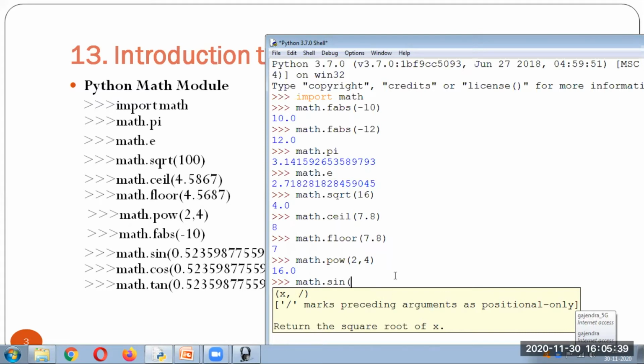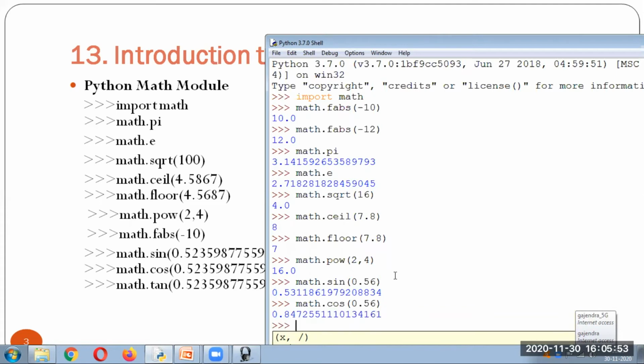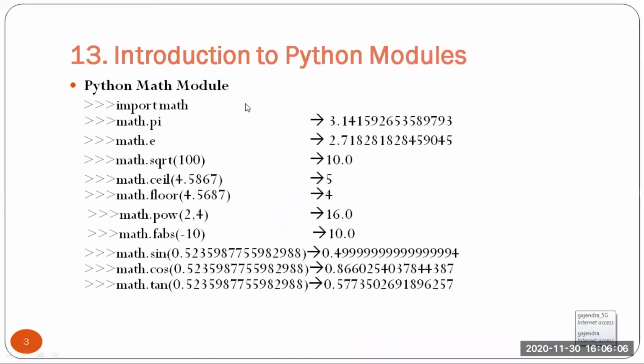So we can just pass some radian values. Wherever some scientific calculations are involved, we can make use of them. You don't have to calculate, you can simply make use of these methods. I hope it is clear.